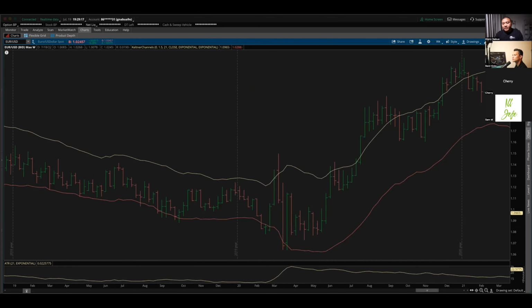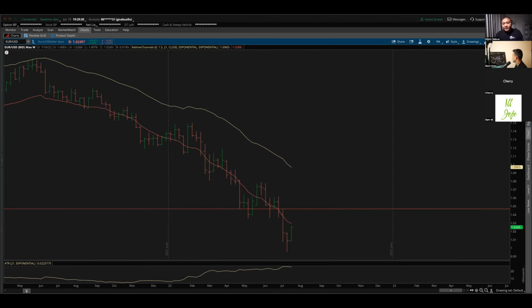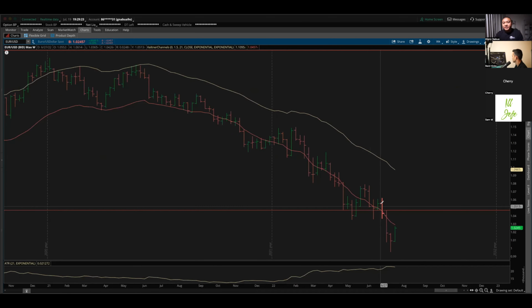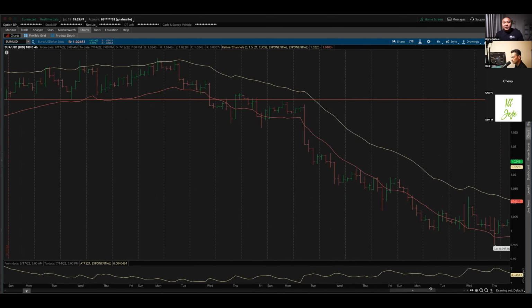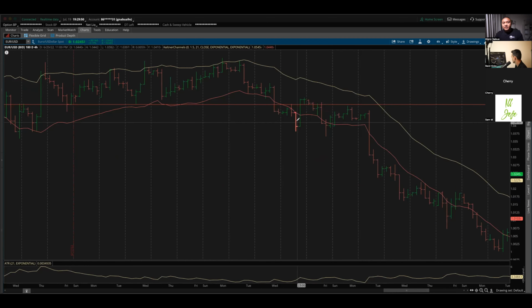And so when that thing broke, you could see this weekly wick. Let me zoom in. When the support breaks, it becomes the next resistance, right? So it broke on this bar, but you see this wick right here, this bar tested it briefly. So it broke the support, became a new short-term resistance, and then continued its way down. This is a weekly chart, so maybe we could see it better on a 4-hour. So you can see right here it probably tested it here and then almost wicked, touched it right here before breaking down.